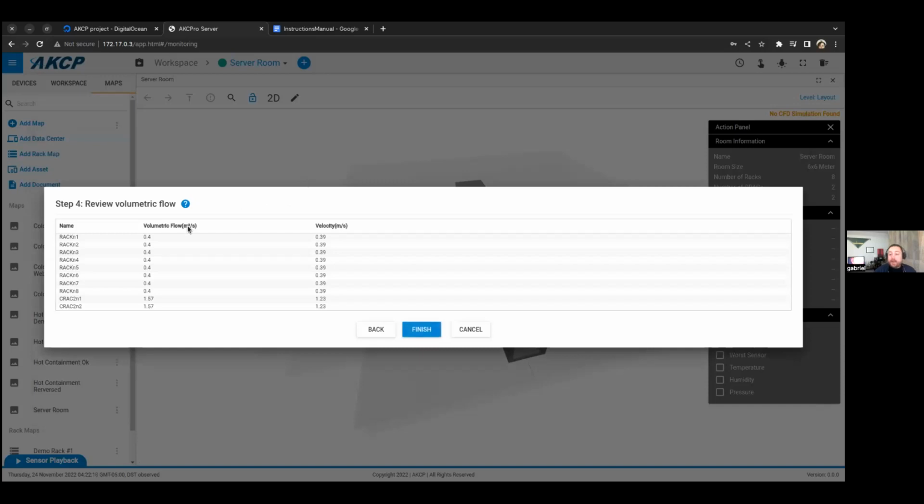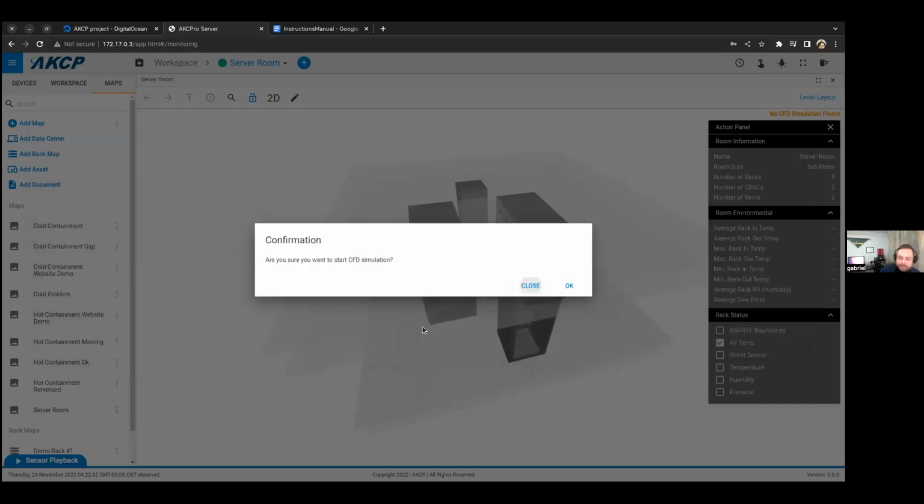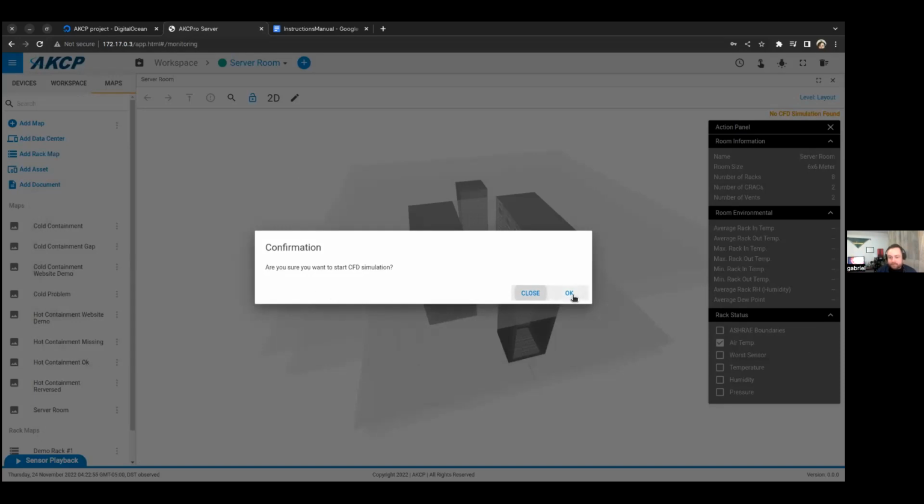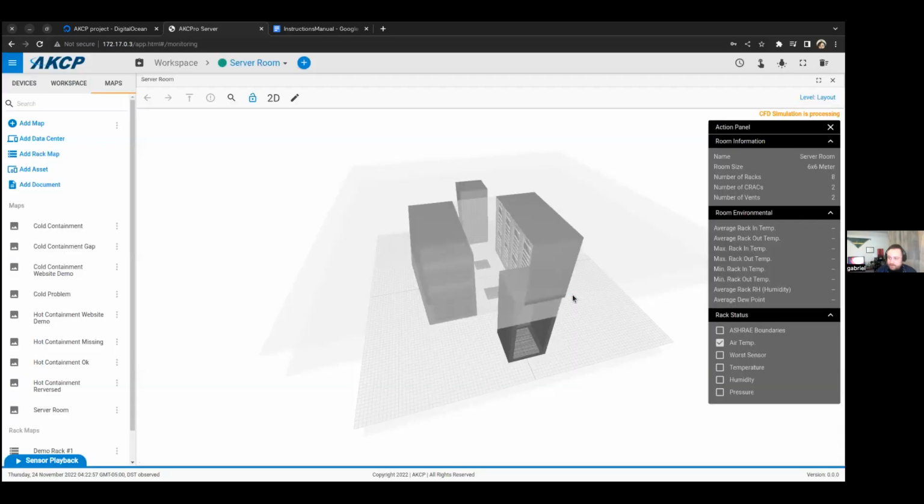Okay, so we use the differential in temperature and the power usage to compute the volumetric flow. It's a really important trick because you don't have to use an anemometer, which is really expensive. You will use them for the cracks because we want to know the real quantity of energy to remove in the server room. So that's our volumetric flow. We click finish, and then we are done. We just click on OK, and it starts